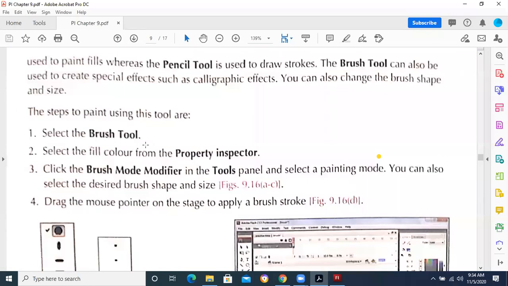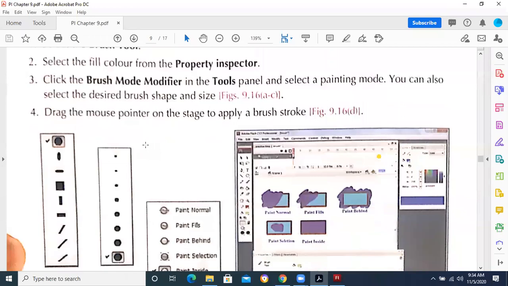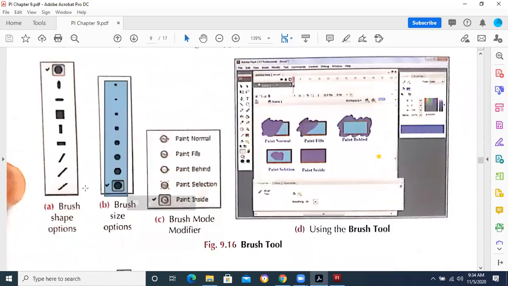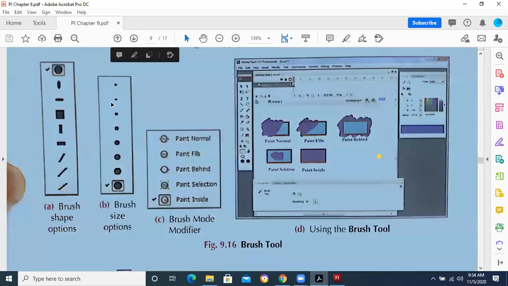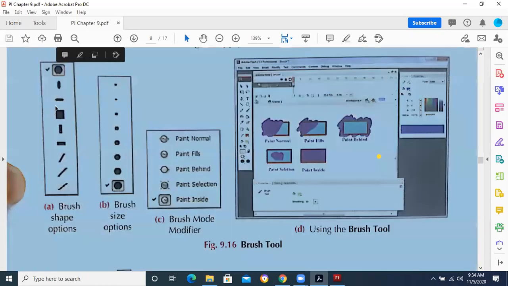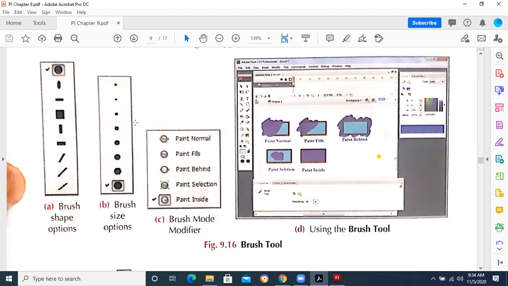But in the brush tool, you will see that in the modifier window, you will have different options for the brush tool. And the brush tool will contain different thicknesses and the designs available for drawing different types of objects, just like you can see over here in this diagram. These are the different brush sizes and these are the different brush shapes. Normally we draw the images in this size, but we can also take such kind of shape as well to draw some image, and we can take the thickness accordingly.